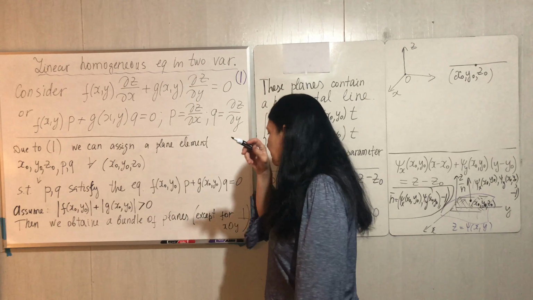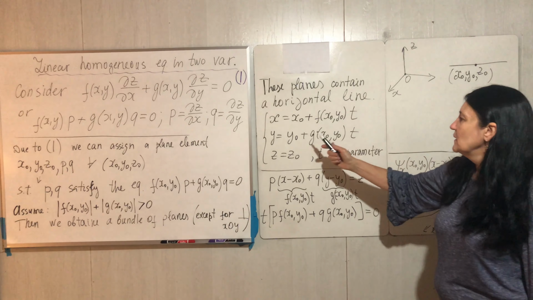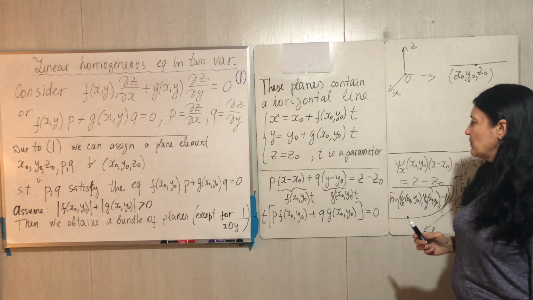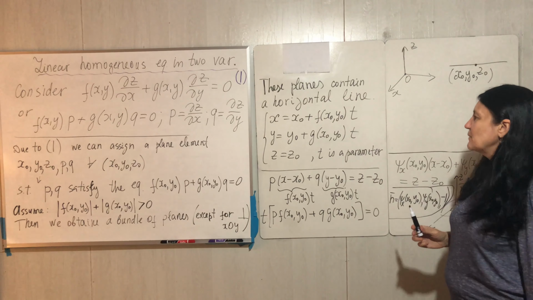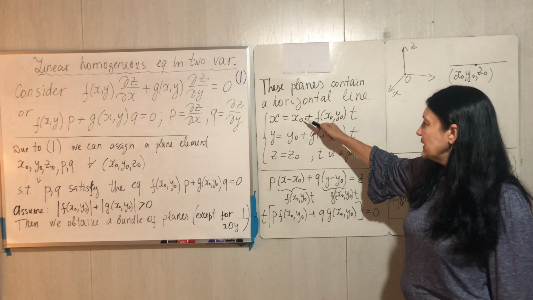And I claim that all these planes that we can assign contain a horizontal line. You see this parametric representation of this line. T here is a parameter, and the line passes through the point x0, y0,